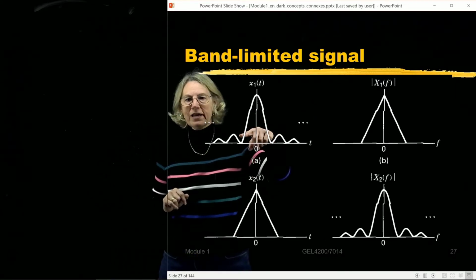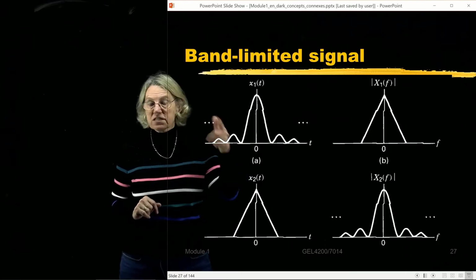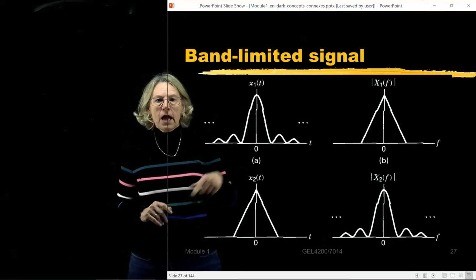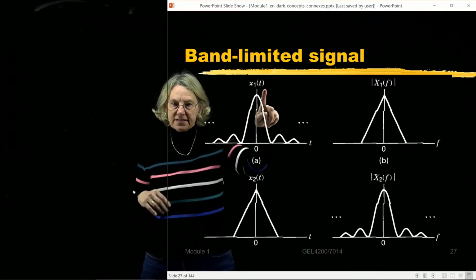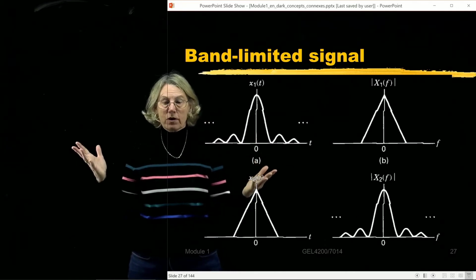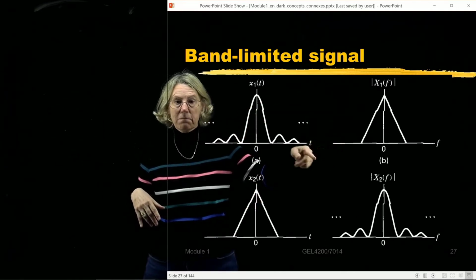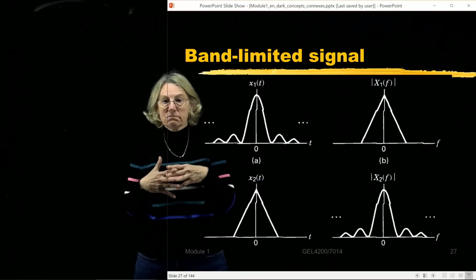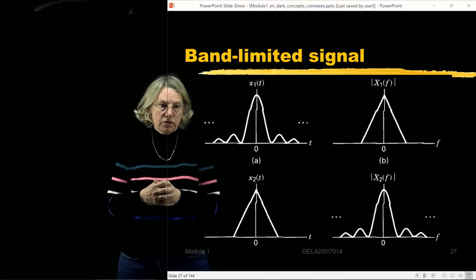In the first row here, I have something that looks a lot like a sinc function. In fact, it's a square of a sinc function. And a sinc function, what are its characteristics? This is in the time domain again. A sinc function in the time domain has infinite support. From minus infinity of time to plus infinity of time, it has content for this whole interval of time.